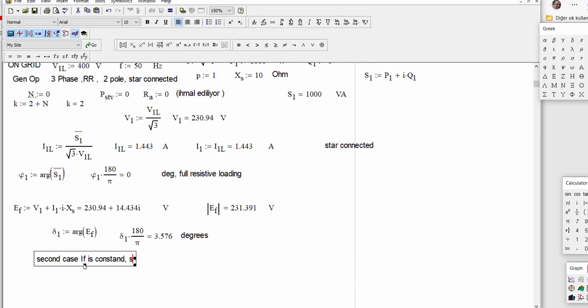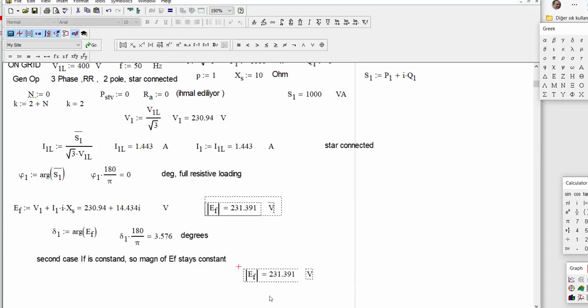So magnitude of EF stays constant. Okay. So in the second case, EF is this. But we don't know the delta yet,